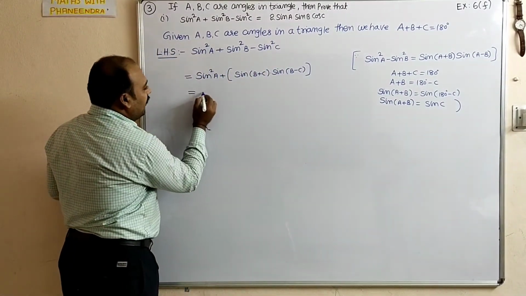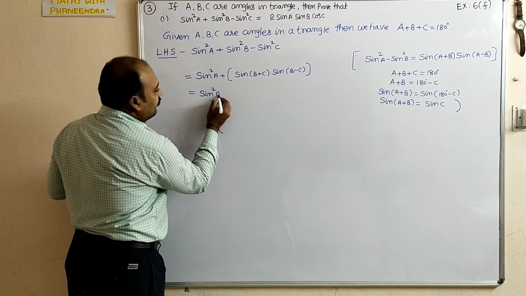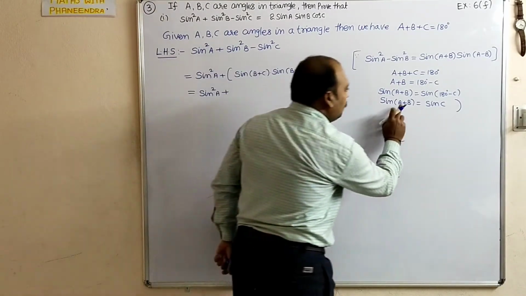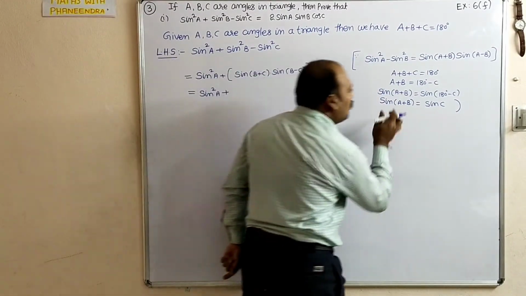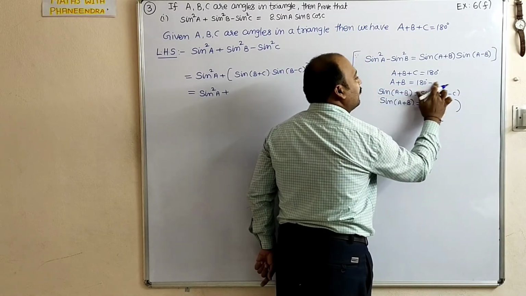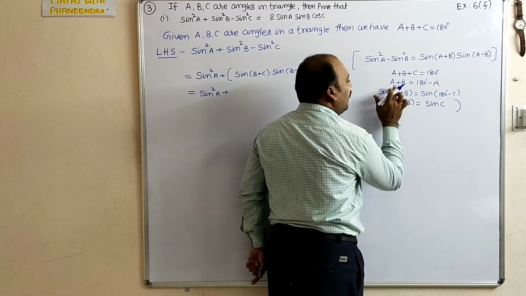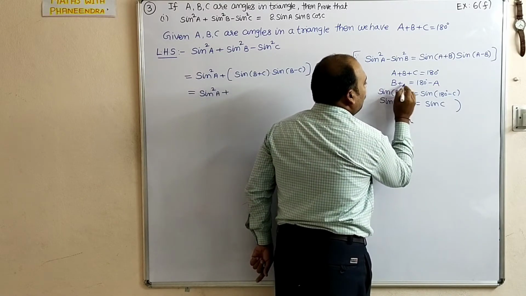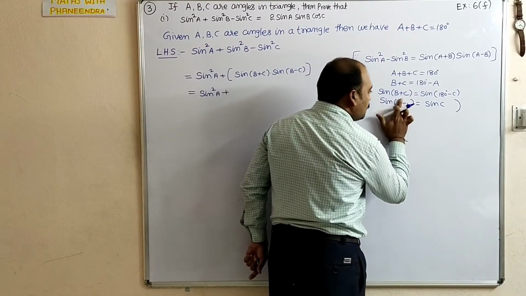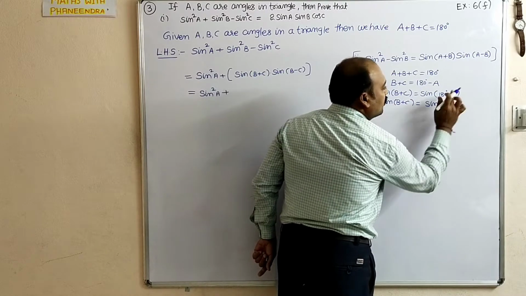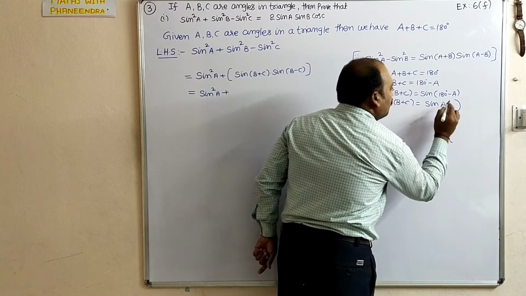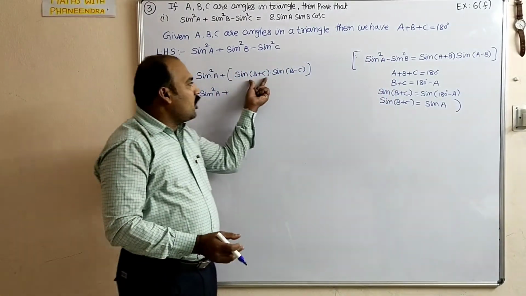Therefore, sin square A plus, here we want sin of B plus C, no? Similarly, in place of A plus B, you take B plus C. Here A you can take, here B plus C. So here sin of B plus C. Here also sin of B plus C. So here for capital A, sin of 180 minus A. Whichever angle we want, here we want B plus C.